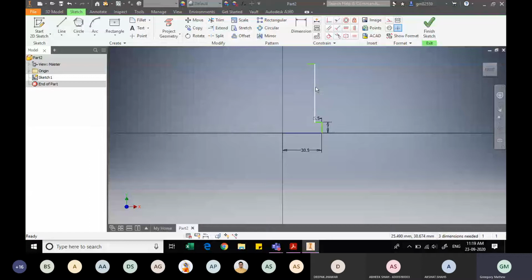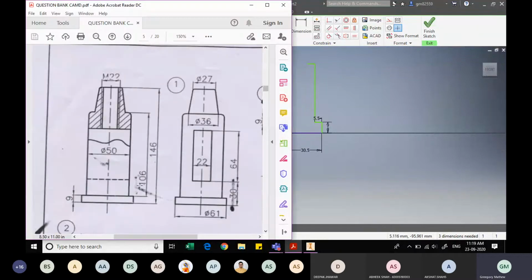Now let us calculate the dimensions of this vertical and the new horizontal step that I have just drawn. The complete length of this vertical line, from the figure on the left, is 106, so the height is 106. And how much will be the step? This fillet that you see, we will complete later on. After creating the 3D component, we will use the external fillet command. So ignoring the fillet, how much should the step be over here?